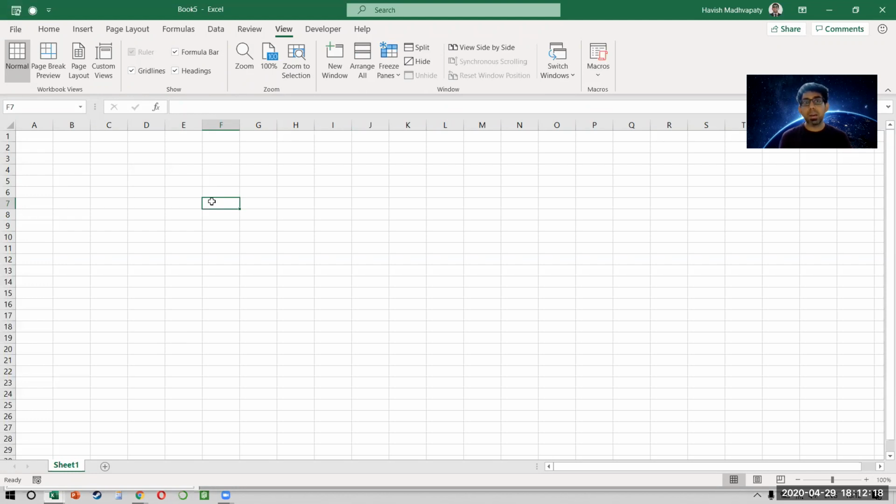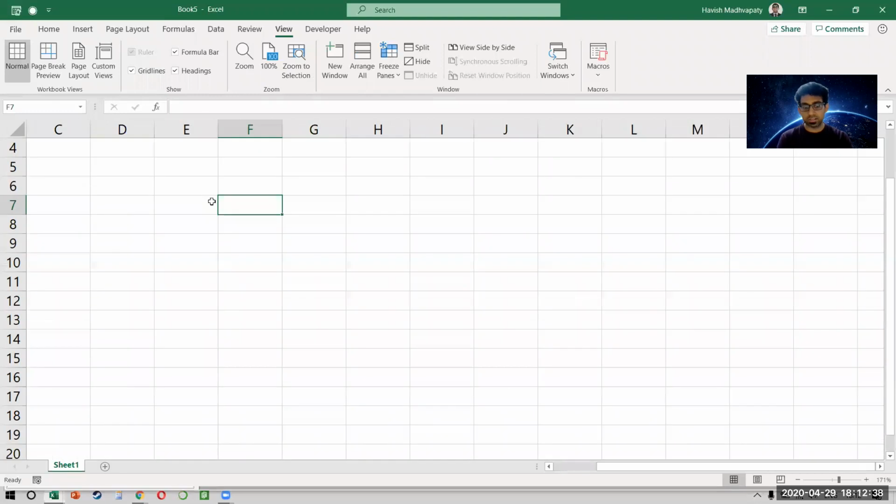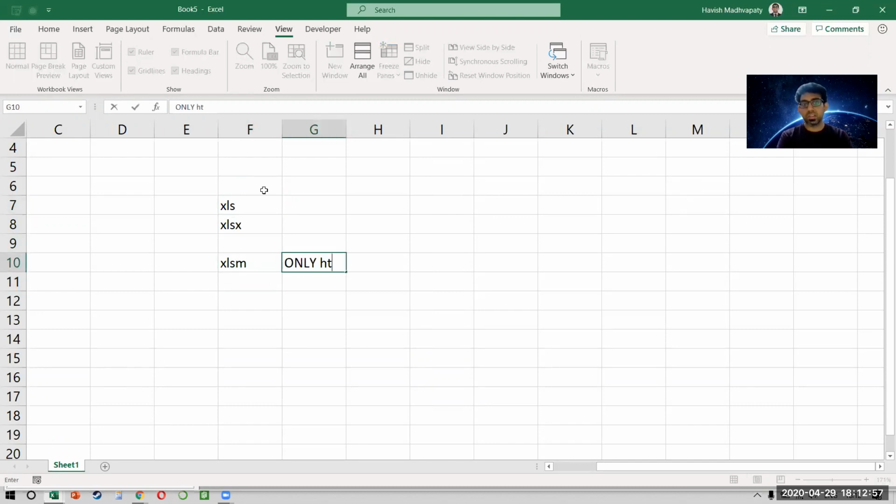By default, whenever you send an Excel file to somebody, it is in an XLSX format, right? Or if you download it from SAP or from Salesforce or from a software, especially financial data, typically it comes in an XLS format. That is the old format. Both XLS and XLSX do not support macros. You will need to have an XLSM, right? Only this one supports a macro.